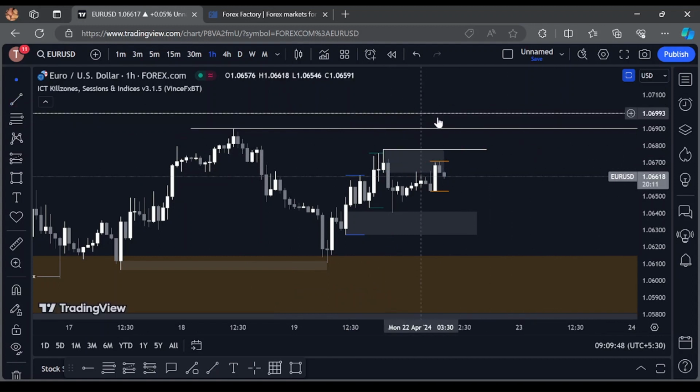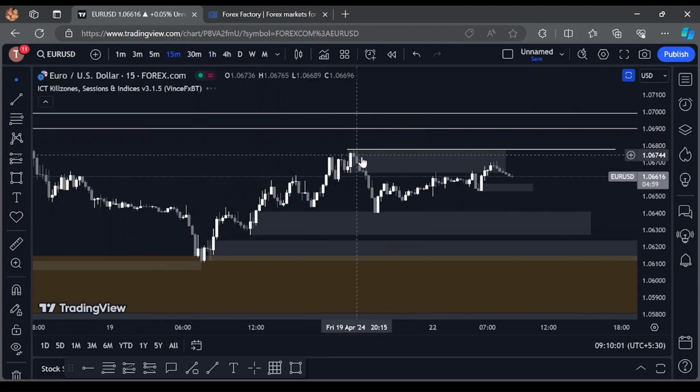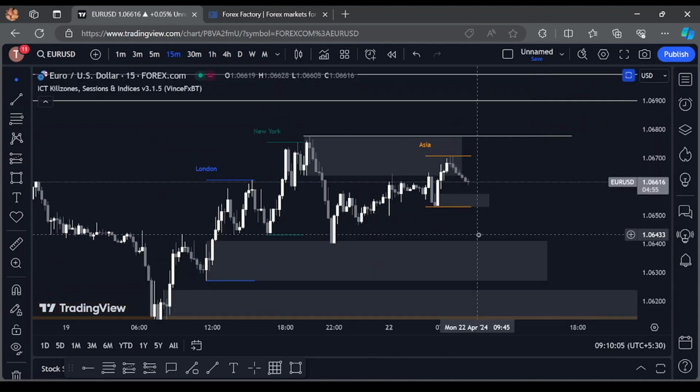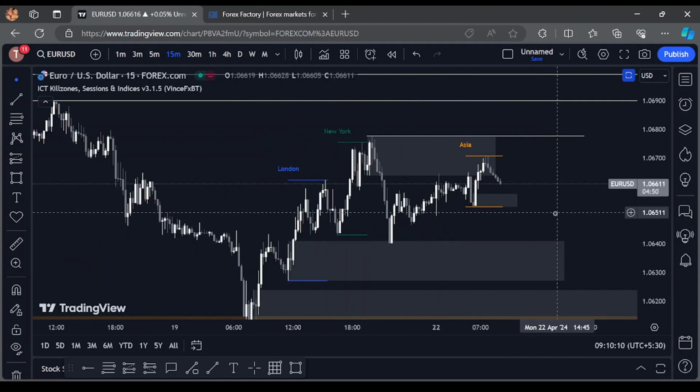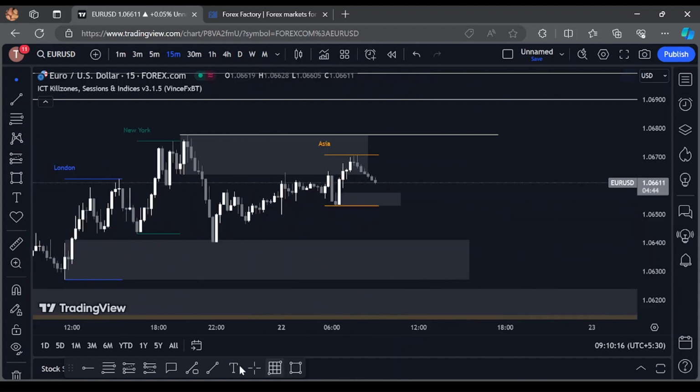We are going to take this high as a liquidity. So currently there is still not much clear. This order flow is not much clear into the 1 hour. So let's move to the 15 minutes. So this is the 15-minute chart, and what I'm anticipating is that this was the strong low being made by the market. So if we are going to respect this strong low scenario, which is right here at this zone,